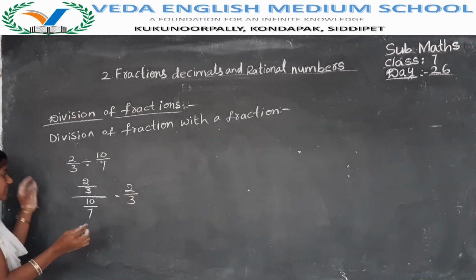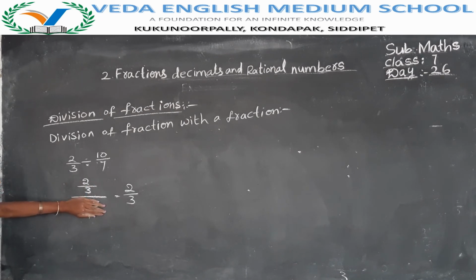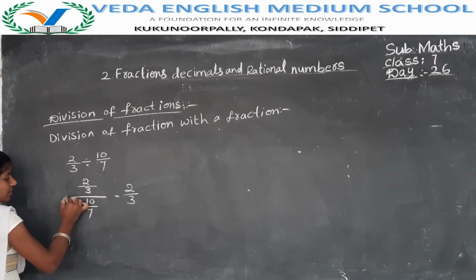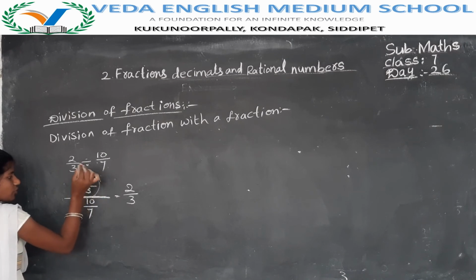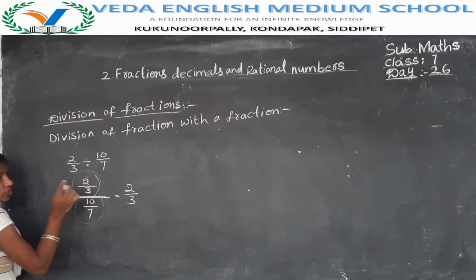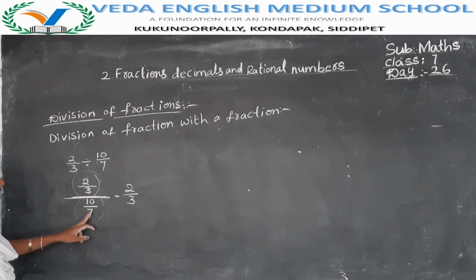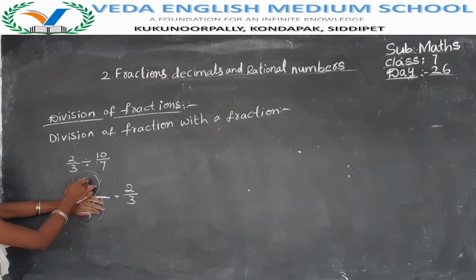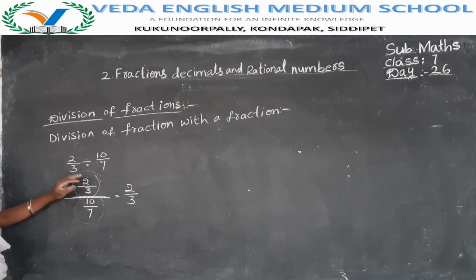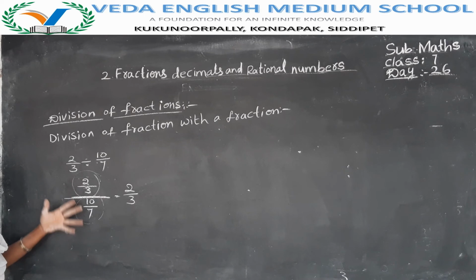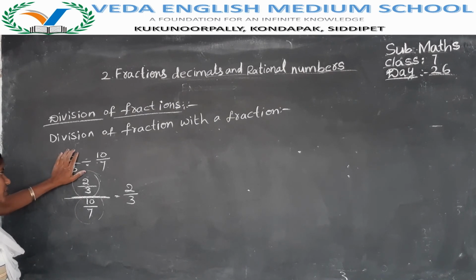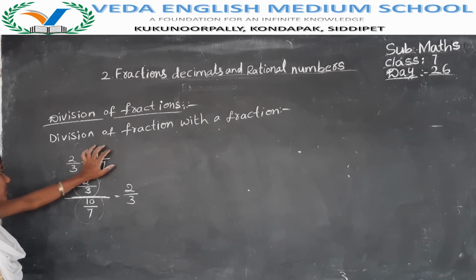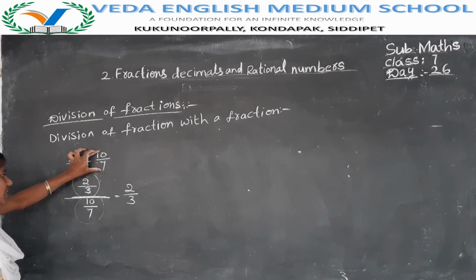Numerator we have to write as is. Total it is numerator, total it is denominator. Madam, here 2 is numerator, denominator, numerator, denominator. Yes, correctly, that is numerator, denominator only. But in the division, the total upper part will become numerator, the total down part will become denominator. If you take only 2 by 3, in this 2 by 3, 2 is numerator, 3 is denominator. But here we have two fractions. If you have two fractions, then total first fraction is a numerator, total second fraction is denominator. Now 2 by 3 is numerator, 10 by 7 is denominator.